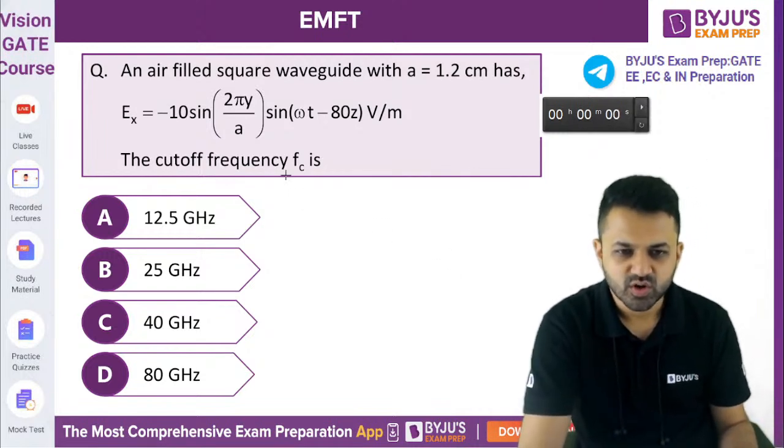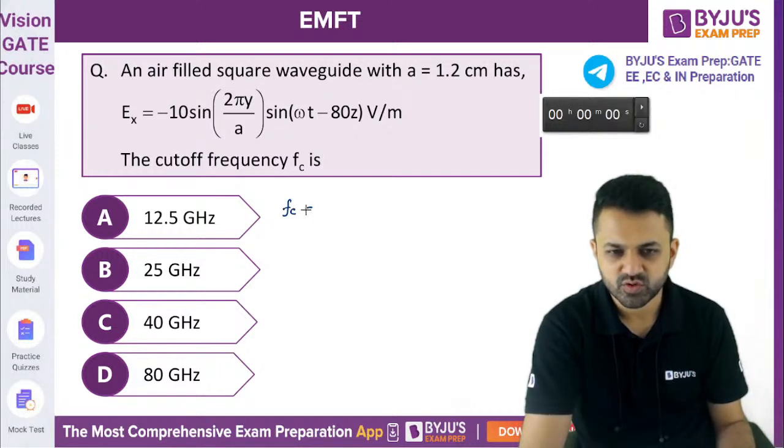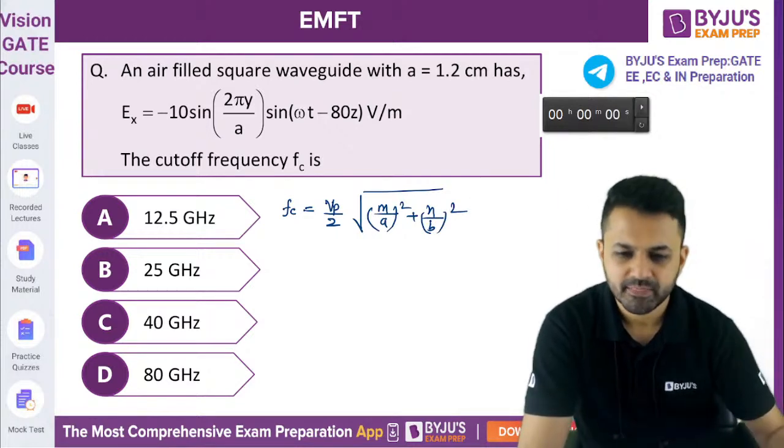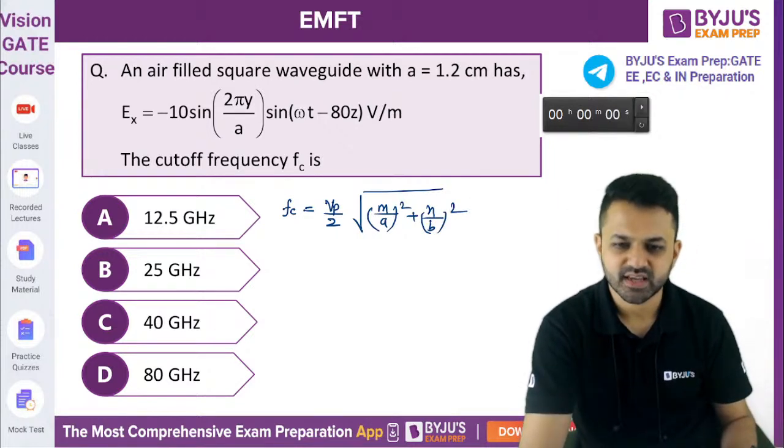चलो, तो देखो यहाँ पे आपको कट ऑफ फ्रीक्वेंसी निकालना है ना। कट ऑफ फ्रीक्वेंसी का जो फॉर्मूला है वो होता है f_c = v_p/2 √((m/a)² + (n/b)²)। ठीक है, प्रत्युषा भी ज्वाइन कर ली। 25 गीगाहर्ट्ज आंसर आ रहा है। ये हमारे पास फॉर्मूला है। अब आप देखो कि इसमें आपको कैसे वैल्यू मिलेगी।